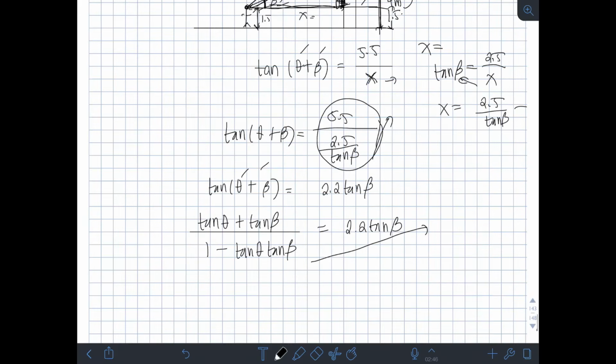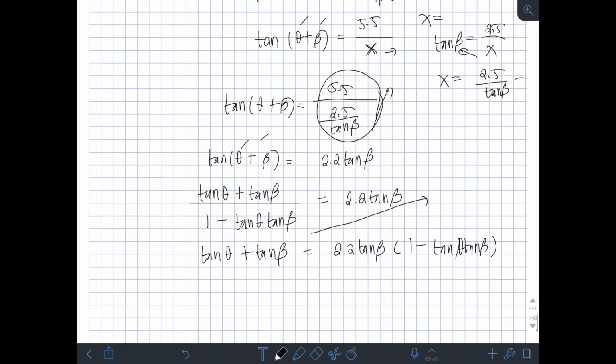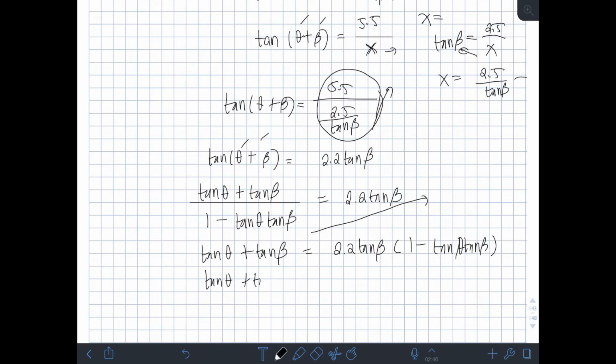So, cross-multiply ko dito, yung 1 minus tan theta tan beta times tan theta plus tan beta is equal to 2.2 tan beta times 1 minus tan theta tan beta. So, tan theta